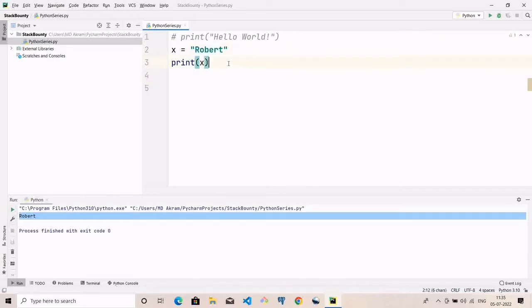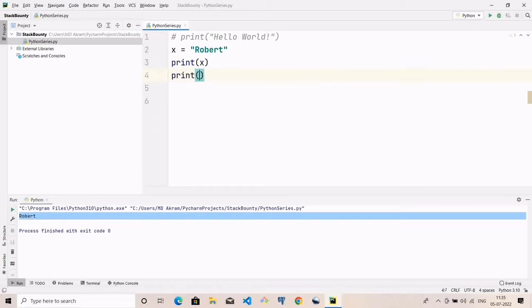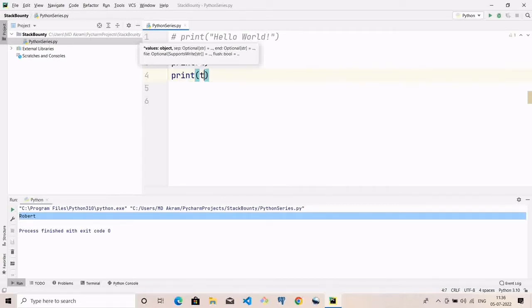You know, it makes sense to ask, how do you know if it is a string or anything else? Well, we have a special kind of function, that is the type function. This function will return the type of the data we have. Simply type here print. Now why am I typing print here? Because I want to print the type of the data. Then type type,